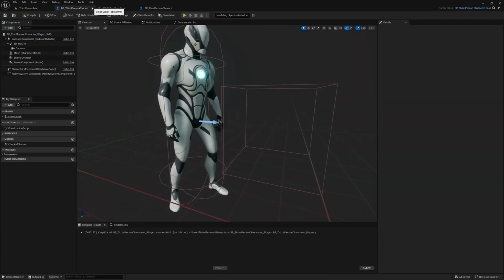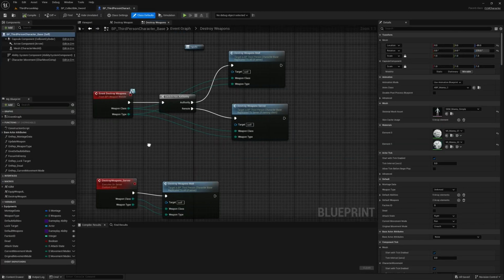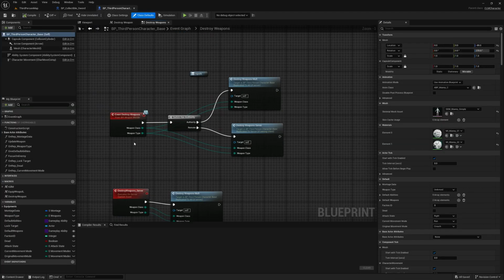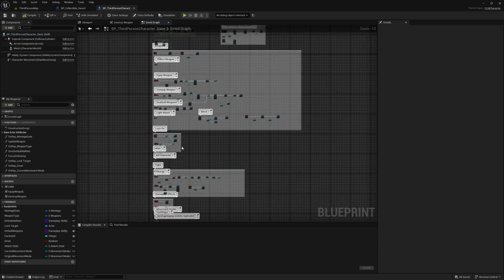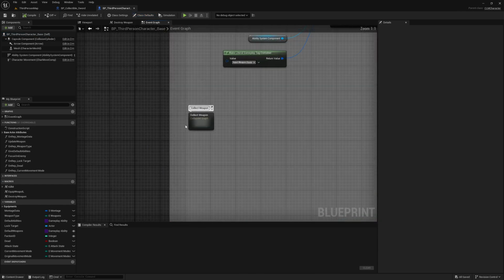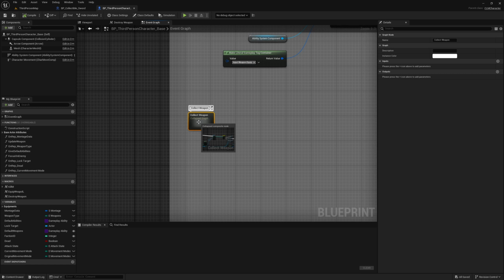Don't need the third person player character now. And here, let me show you the way I have added weapons to the character. It is in here, under collect weapon. So now that we are going to add armors as well,